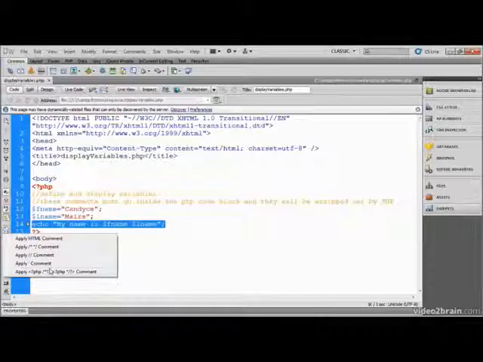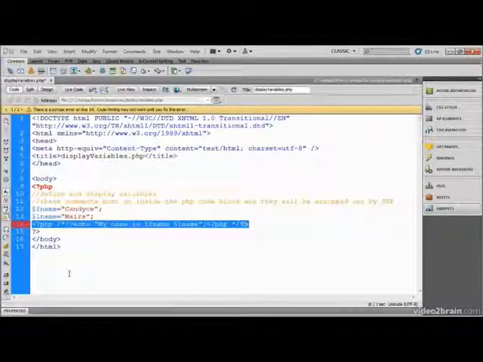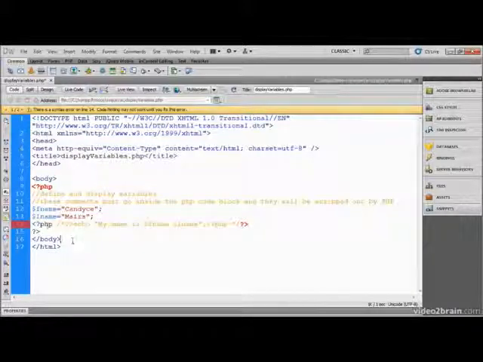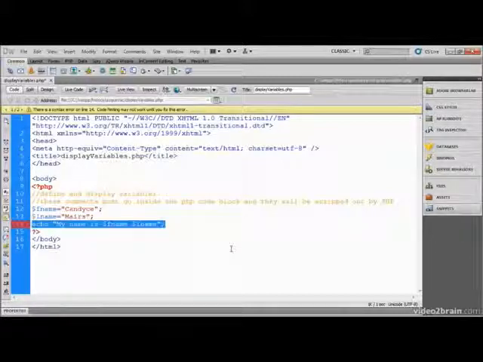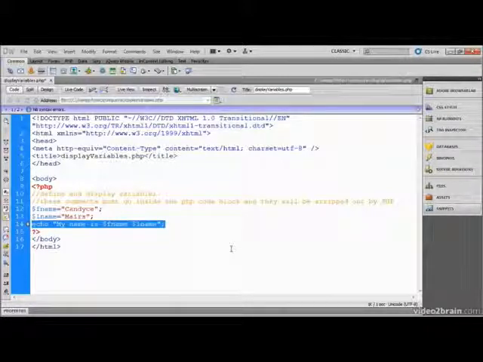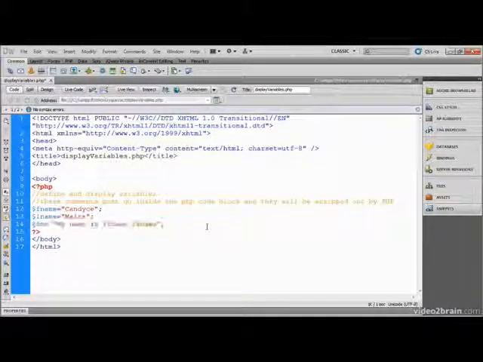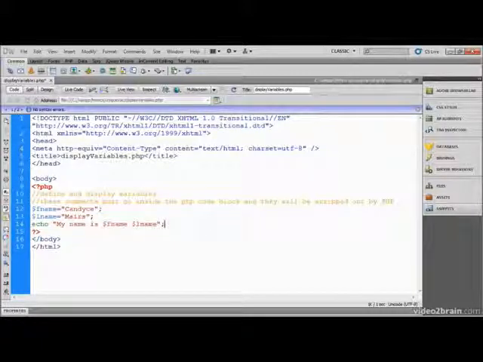Click on that, and you can see there's a PHP comment right here. Now, this particular type of comment, you can see it's actually putting it inside a code block. Not necessarily what I want. So it kind of messed up my page here. So Control-Z or Command-Z will always take you backwards in Dreamweaver. And it takes you back quite a few steps, so you don't have to worry too much about making a